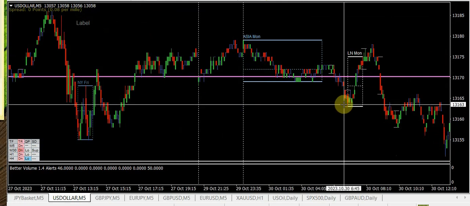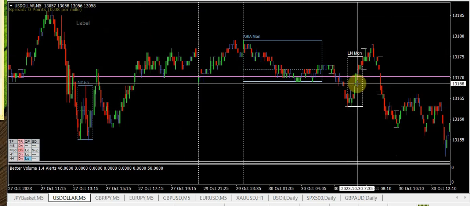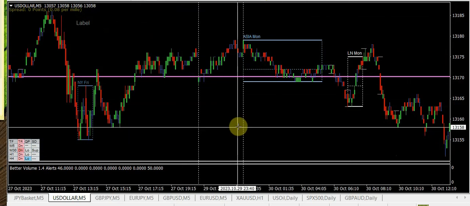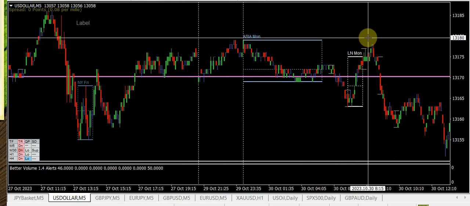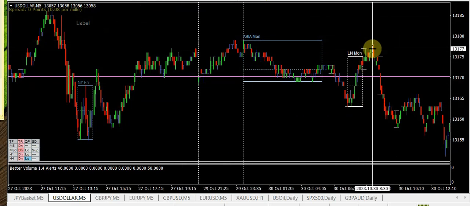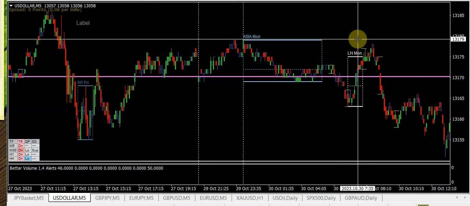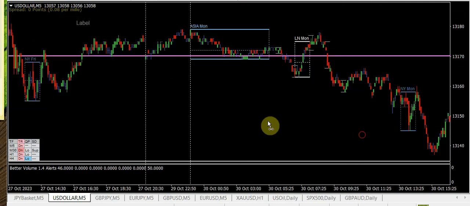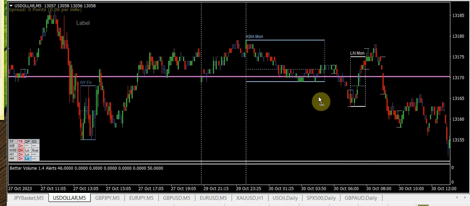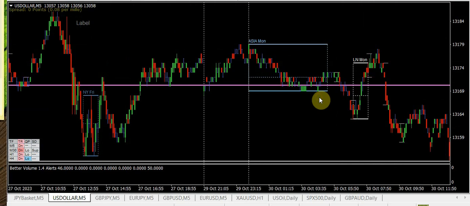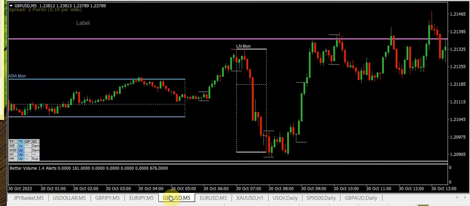By the time we had a break of structure back up, we're outside of our second box. And then you'll see that we also didn't have a take to the upside. We had a deep pullback up here. We never took Asian high before it drops off, and this is the move of the day. So this is a good example again of how sometimes you have to flip it, so you can't use this as your primary indicator. If you see the setup on the individual pair, as long as there's nothing here directly contradicting it, you take